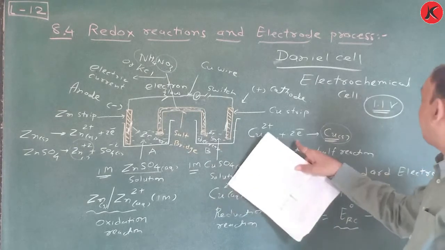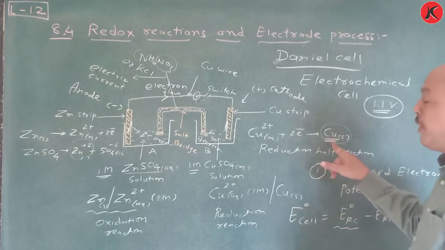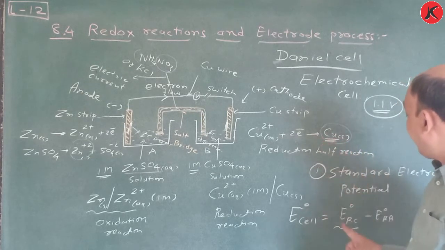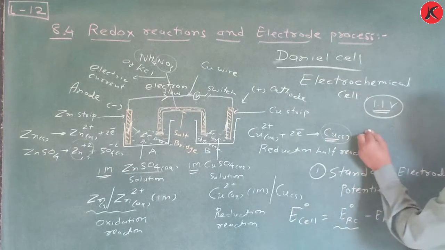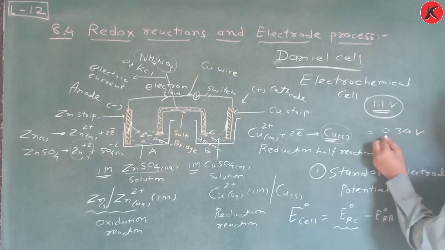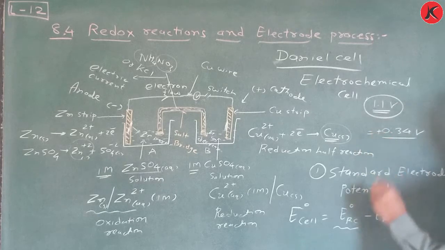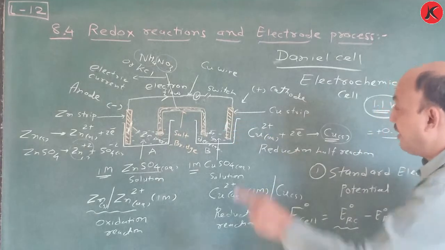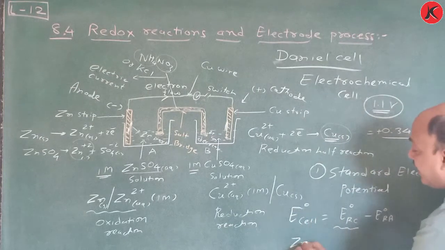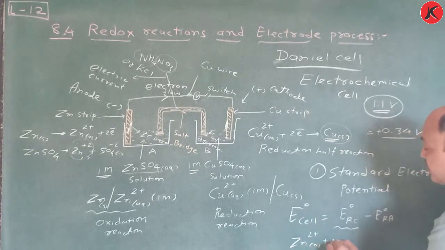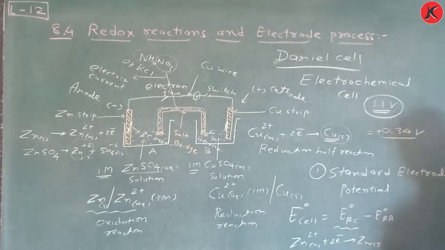Suppose we consider this Cu plus 2 plus 2 electron, reduction at, we can say, cathode. Okay, reduction at cathode. So here this value is plus 0.34 volt. And for ZnSO4, if we change this order, Zn plus 2 aqueous plus 2 electron gives Zn solid, and this E0 value is 0.71 volt, but it is negative, remember. So here, which is the lesser number? You have to say that the negative number is less, that's why the oxidation reaction occurs.